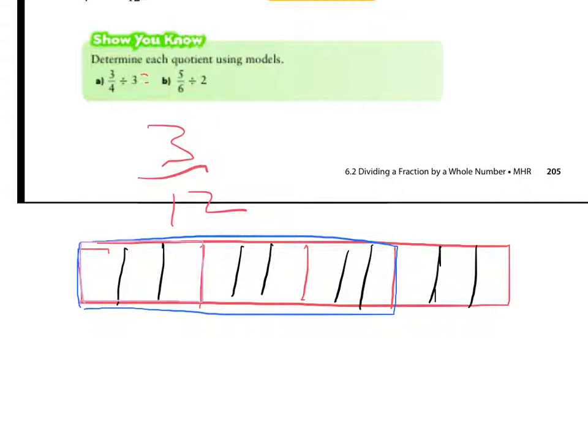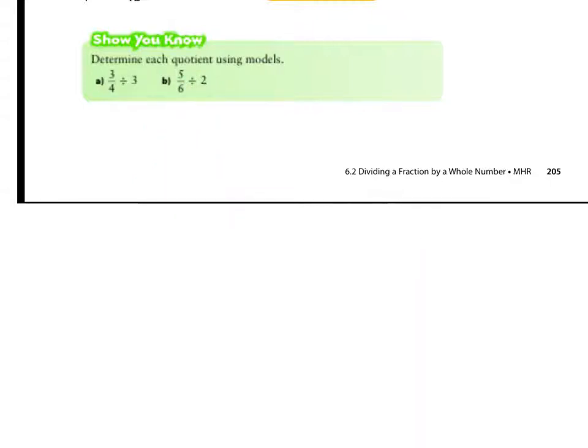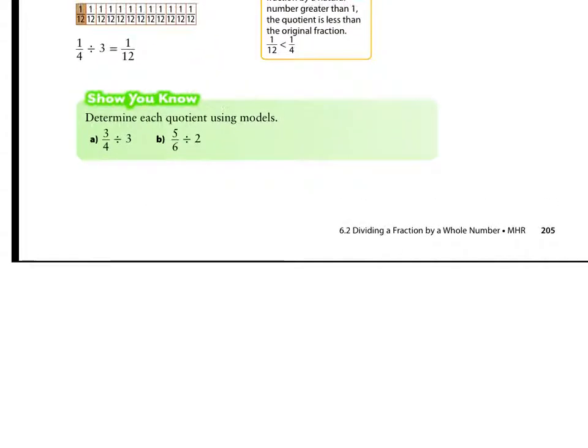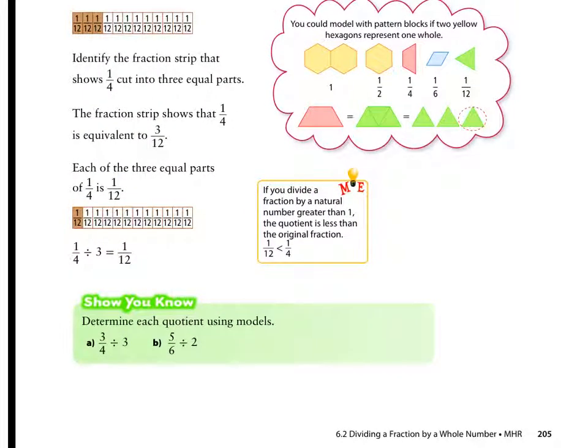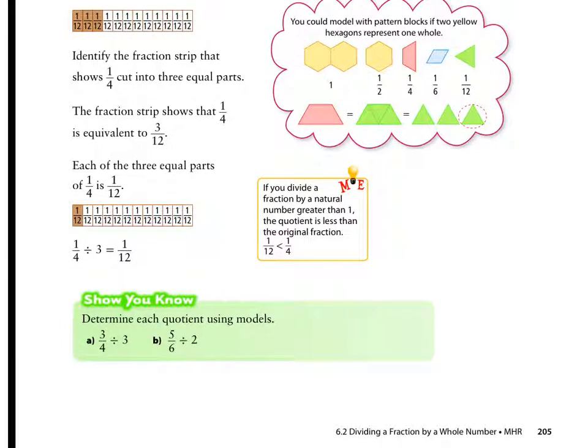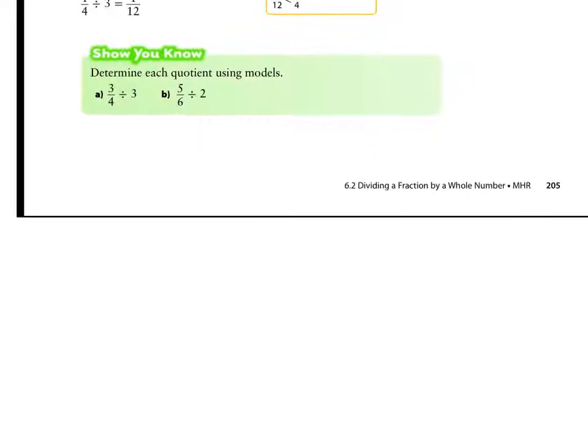Try 5/6 divided by 2, part B. Alright, so let's try 5/6 divided by 2. Now, let's take a look. Do we have a pattern block that's represented by 6ths? Yes. If you take a look up here, we have a blue rhombus, which is worth 1/6. Now we have to take 5 of those and divide them by 2. Okay, so let's try that. Hopefully I can do this neat and tidy. I'm going to scroll up here and do 5/6